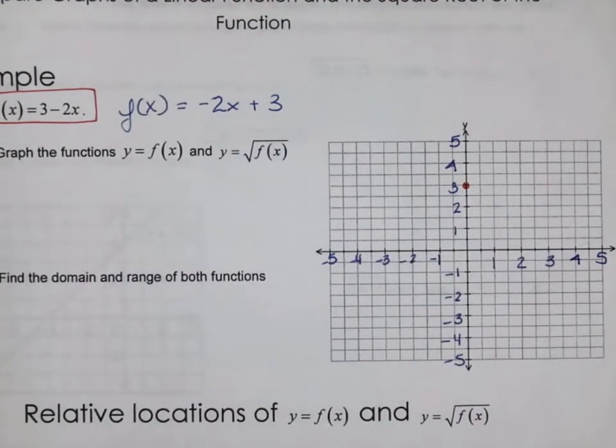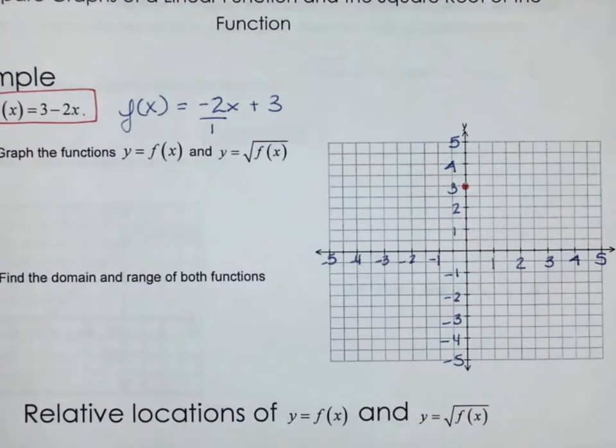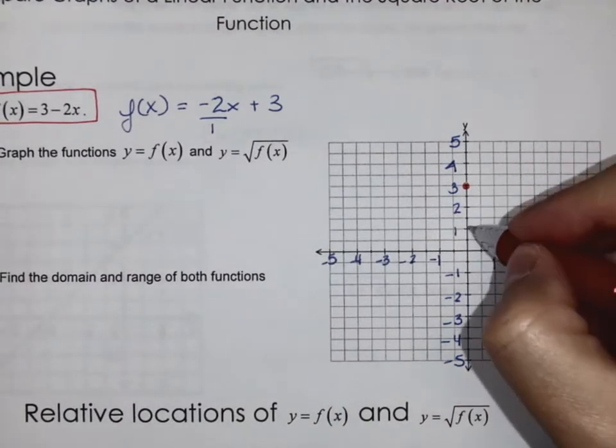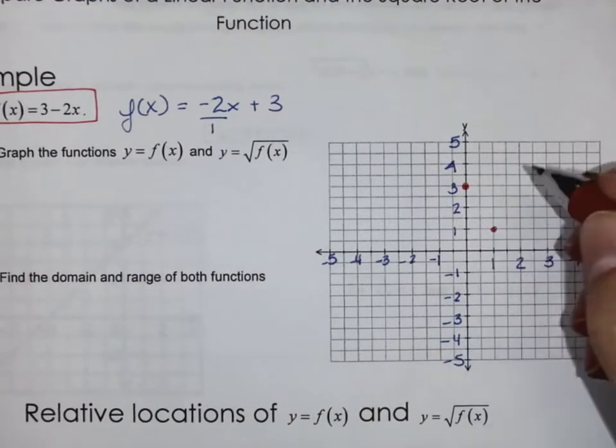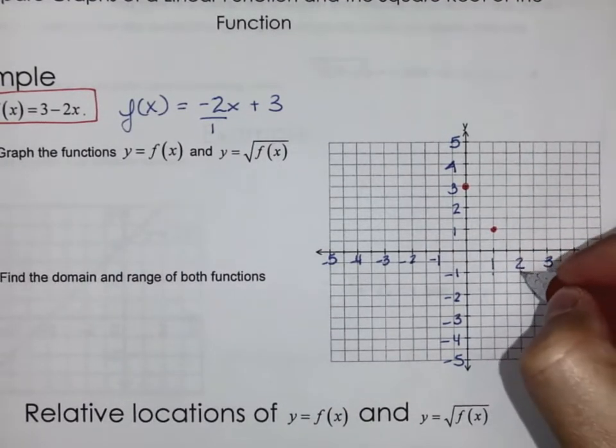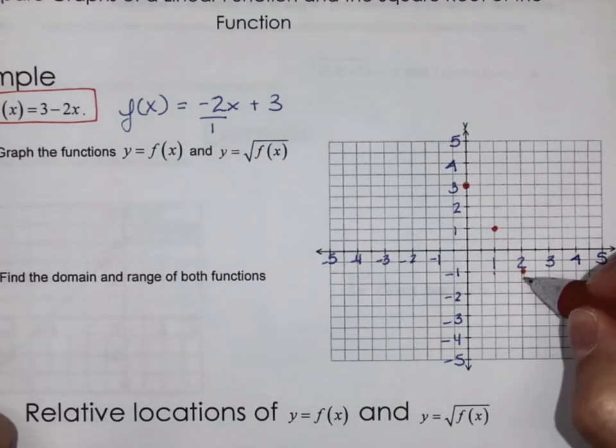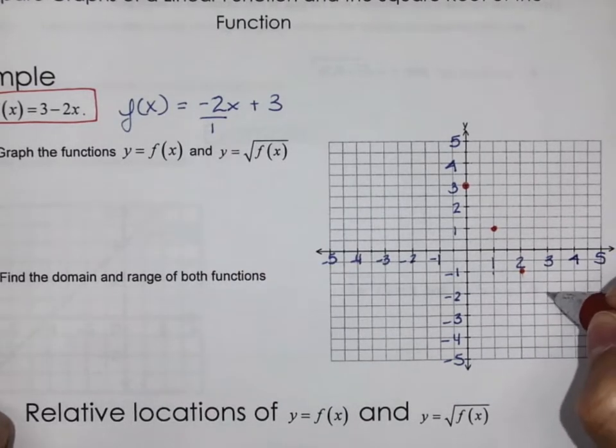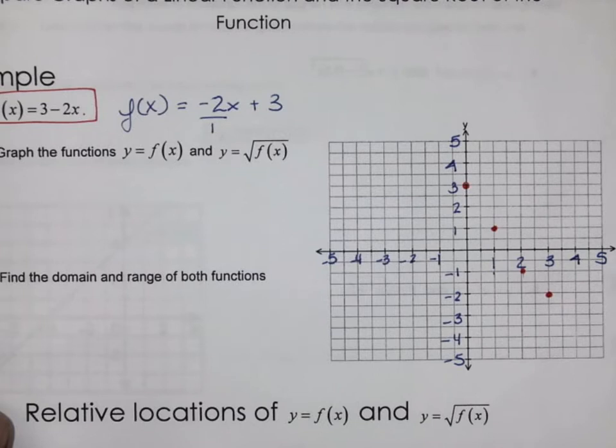And what's my slope? Down by 2, right 1, because this has a denominator of 1 here. So down 2 to the right 1, down 2 to the right 1. And we should end up with